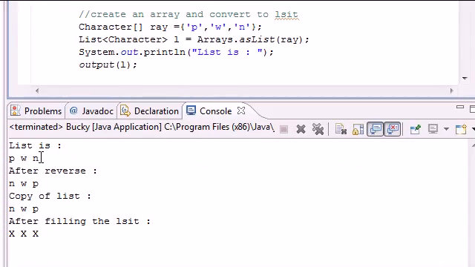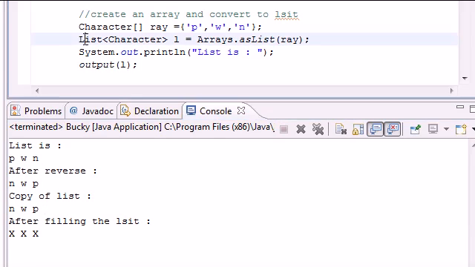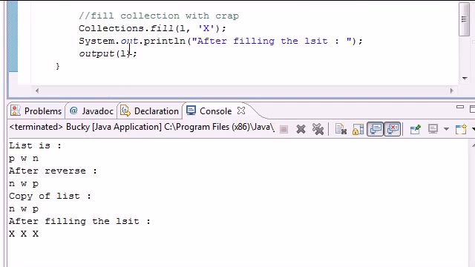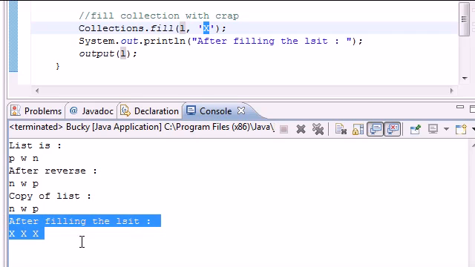So now you see our original list is PWN, not bad. After we called the reverse method on it, it's NWP, which is a reverse of PWN, in case you couldn't figure that out. Now here we printed out the copy list. This is an entirely different list than here; it's pretty much just a copy of it. And the last method that we called is fill. Let me see if I can find it right here. Collections.fill took the original list L and replaced every element in it with X. So now instead of NWP we have XXX. So that's demonstrating a couple new methods from the collections class and how you can use them and why they are